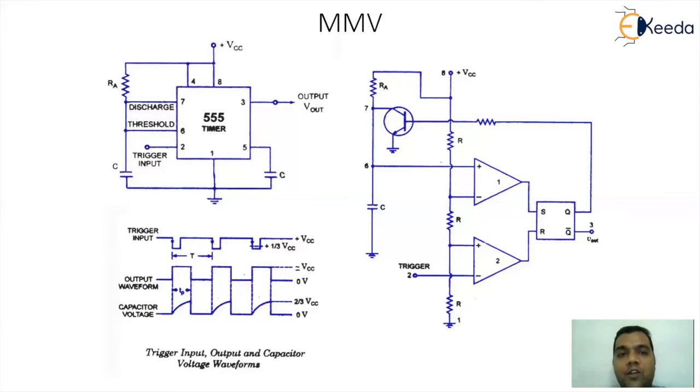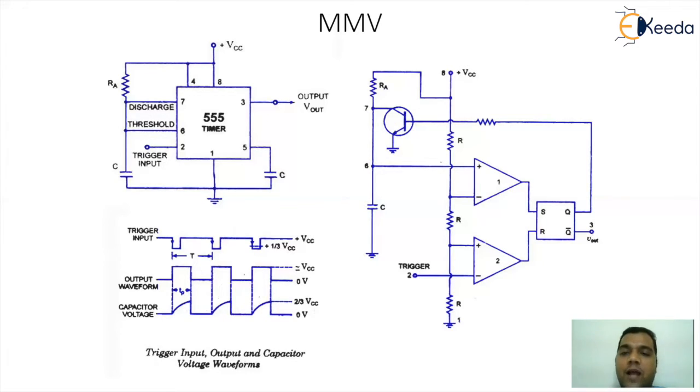With respect to that, you will get an output pulse, and that pulse width can be determined using a specific calculation. So let's go for the calculation of the on time of the pulse. For getting the on time of the pulse, we have to go for a small derivation. I hope you are able to interpret carefully what has happened in the entire circuitry. In summary, whenever you give a trigger which goes below 1/3 VCC, automatically corresponding to the position of that trigger pulse, you will get a pulse at the output.